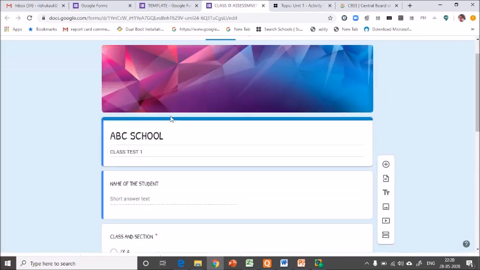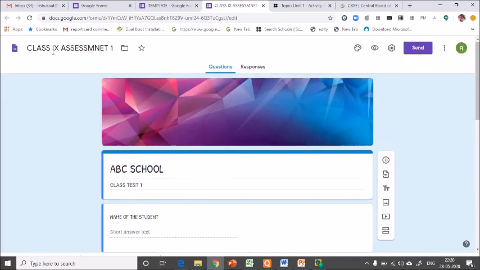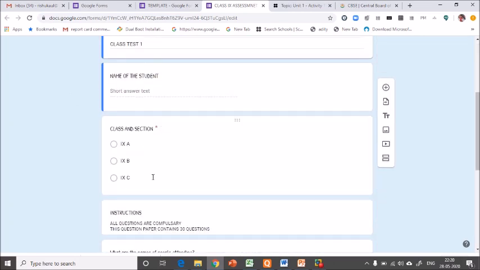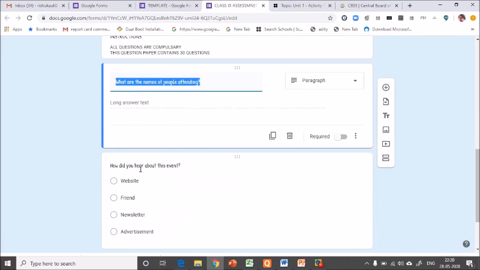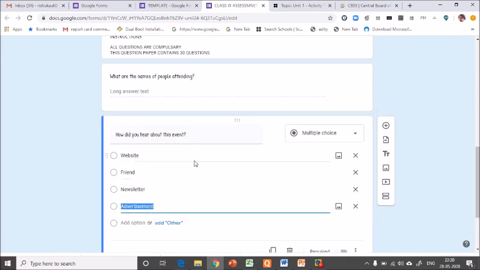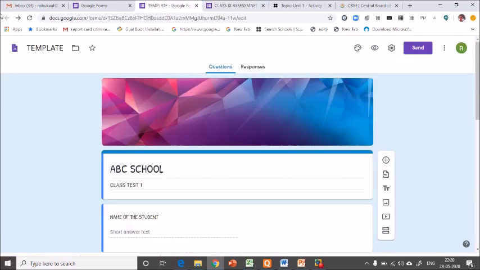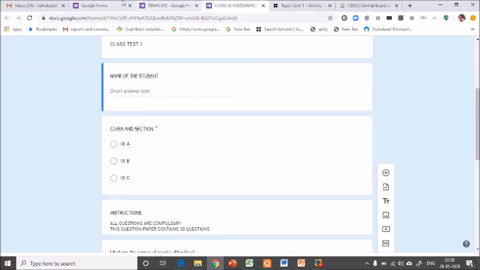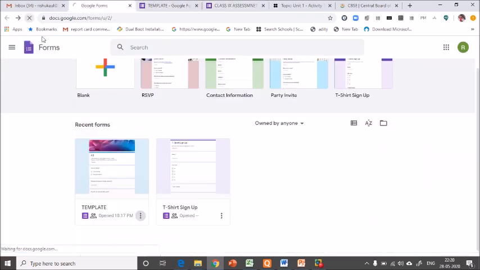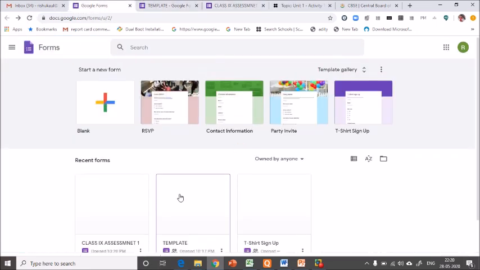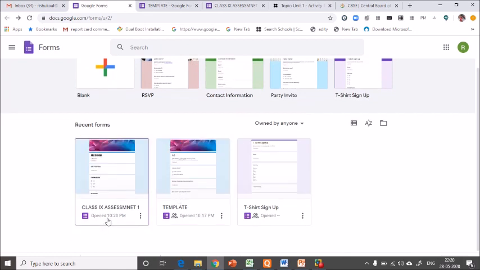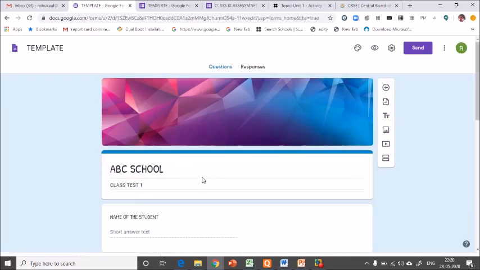Now there is one assessment created, class 9, which already has all these points. So here I can simply change my questions and add whatever questions I want. If I go back to my Google Forms now and reload this, you can see one assessment has been created. So with the same template, you can create as many assessments as you want, but save your template once.